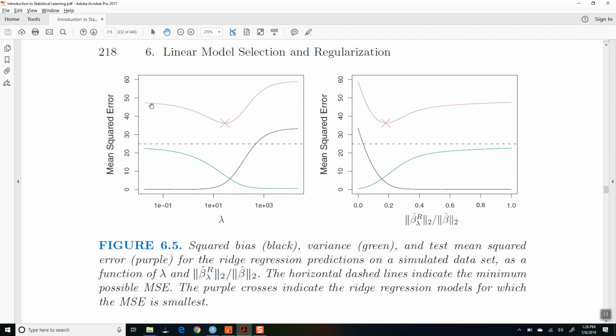And so what we see is that here at this point, this is kind of the sweet spot where we've reduced the variance quite a bit. We have introduced some bias, okay? But overall, our prediction error is the lowest here. But again, if you've introduced too much bias, then the prediction error starts going back up, okay? So this is one way to improve our prediction accuracy, by reducing the variance in our coefficient